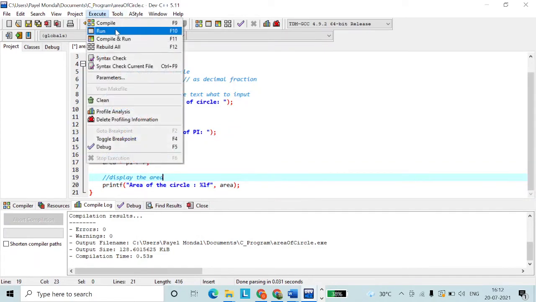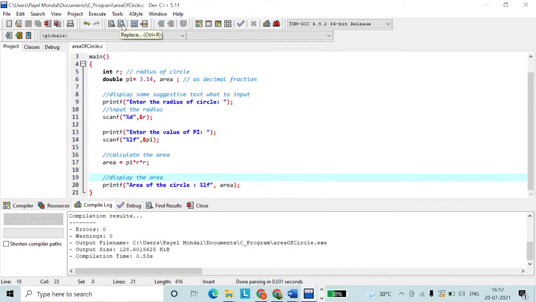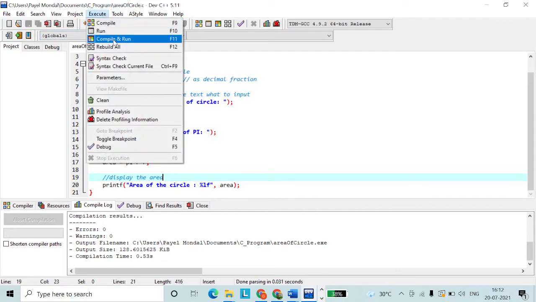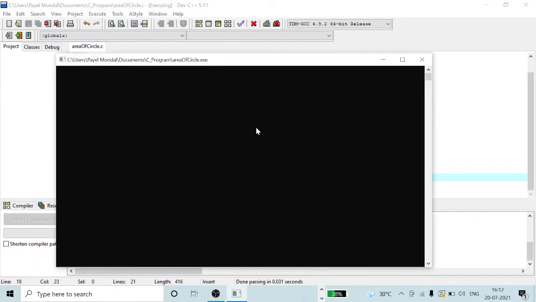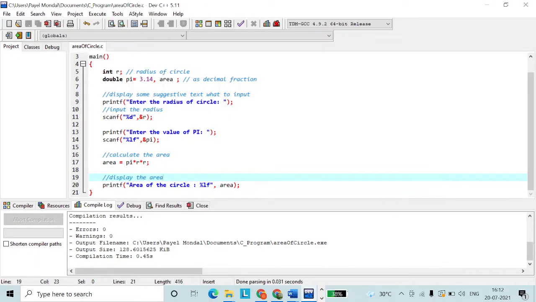Let's see how it executes. Compile and run. Let's say 11 and 3.14. See, only the format specifier and the data type need to be changed. So for integer it will be %d, for float it will be %f, for double it will be %lf. That's it.